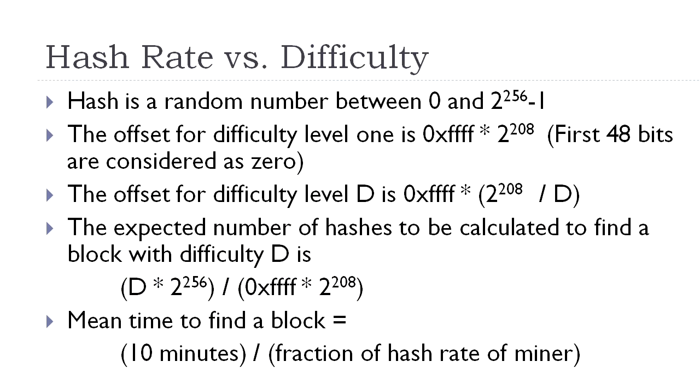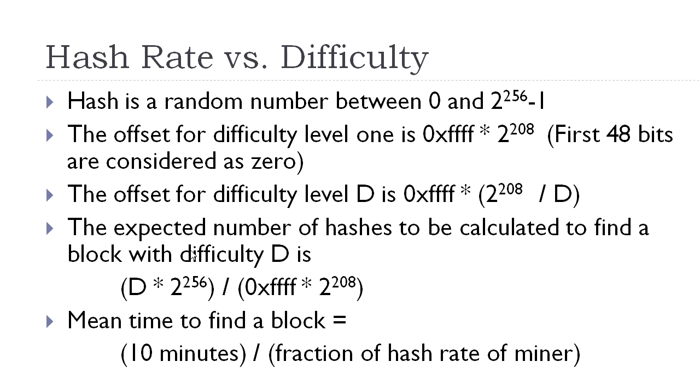Based upon this difficulty, the hash rate is also to be calculated. So, hash rate versus difficulty, because in order to compute the hashes that have to meet a particular condition, like the first 20 bits are zeros or 10 bits are zeros, how many hashes do you need to generate so that it will match the given condition? So that is the reason hash rate is equally important. As the difficulty increases, the required hash rate also increases. That we are going to see in this.